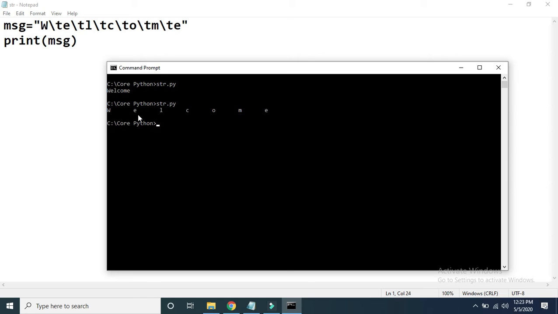Similarly after e, it will just leave 8 character space, and it will just print next character. Again it will just leave 8 character space and will print next character. So what I just want to convey here is, if you use \t, then the default size of the space that we are getting in between two characters is 8.